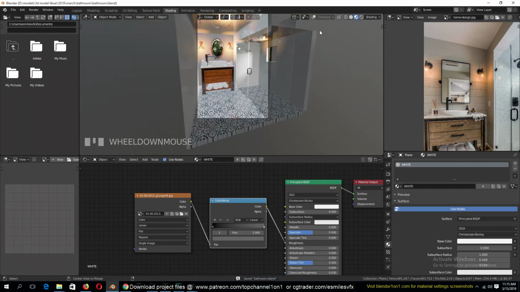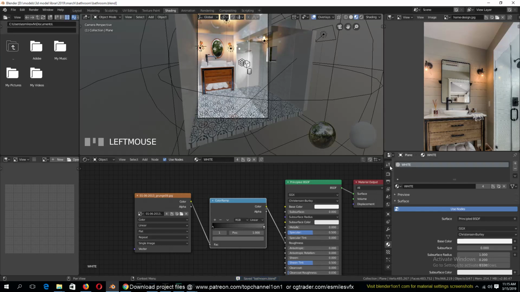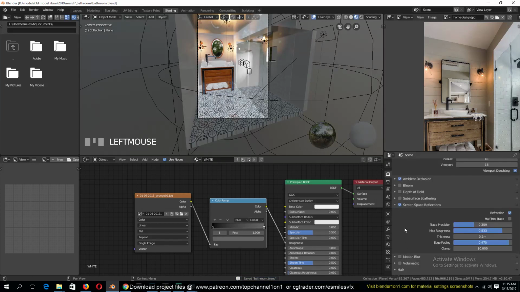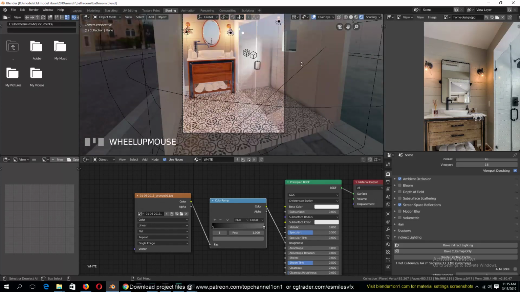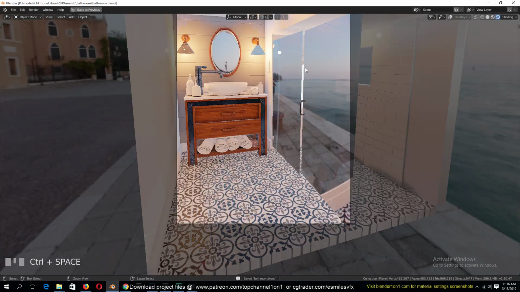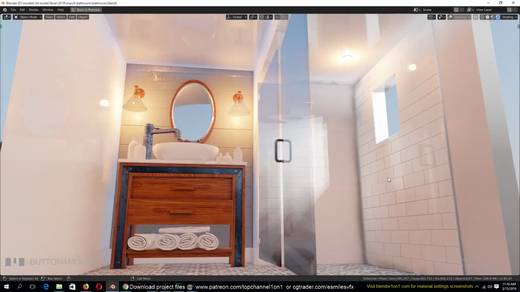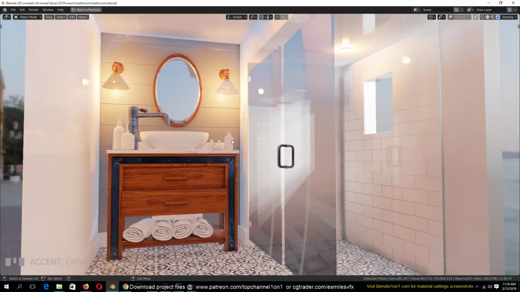So let's unhide everything and then bake one more time. So in bake in direct lighting, just need to give it a few seconds and everything should be baked. So this is how our scene looks, and I think it looks good. The problem is that my OBS is a bit lagging, so